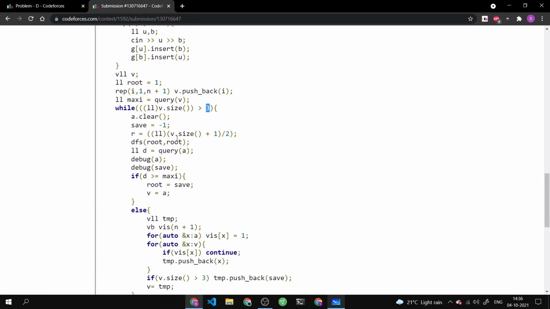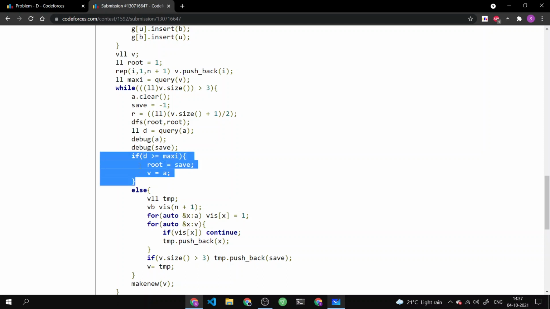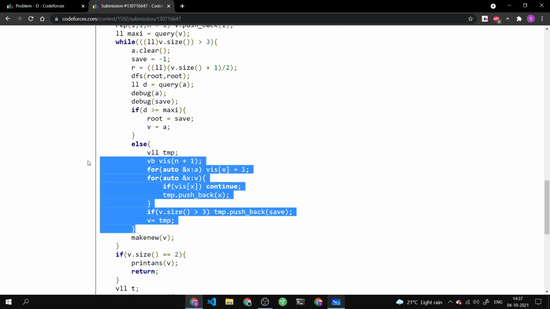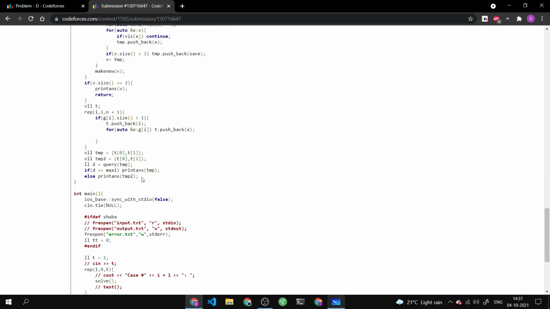And overall, the implementation is pretty straightforward. What we are doing is that we are finding the connected component, which is having the size of at most R. And if we are able to find it, we are actually processing that. We are saving all of the values which are at least R in a vector A. And we are processing that over here. And again, if that value is greater than or equal to maxi, even equal to maxi would have done the work over here, I'm just working on that component. Otherwise, I'm making the new component, which is simply saying that I'm discarding this A component over here. And once I get the answer, I'm simply printing it.